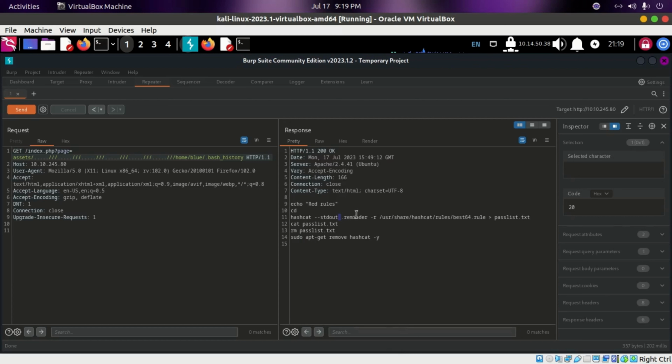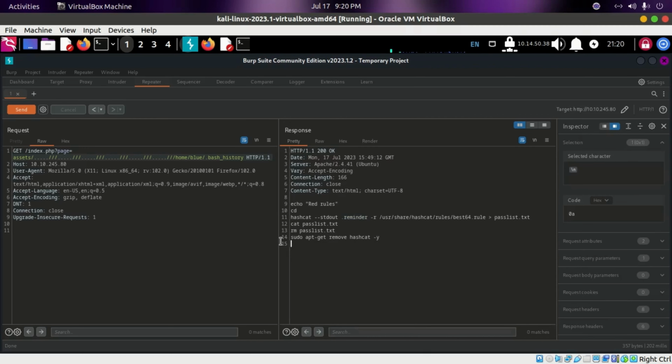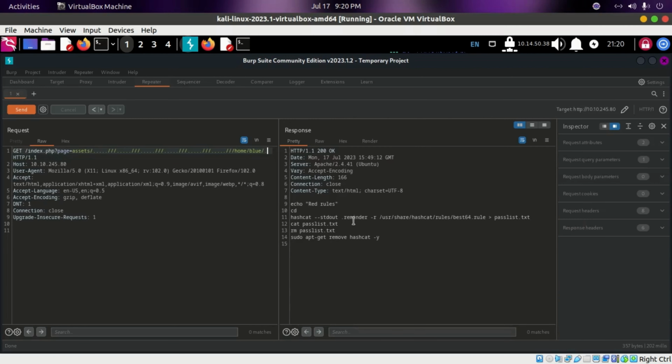Maybe it's taking this file reminder, and it's using the hashcat base64 password rule to make a whole word list for the password, and it's printing it out, and after that it removes everything, which is very weird. So let's see if we can access reminder,